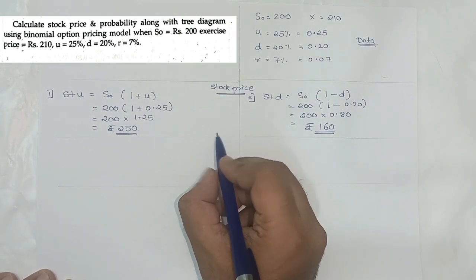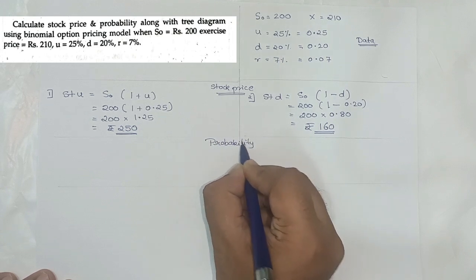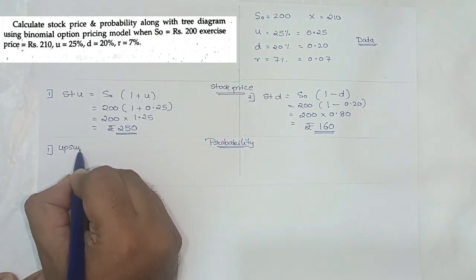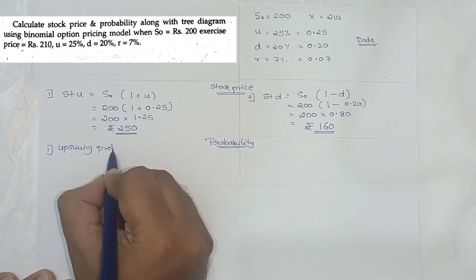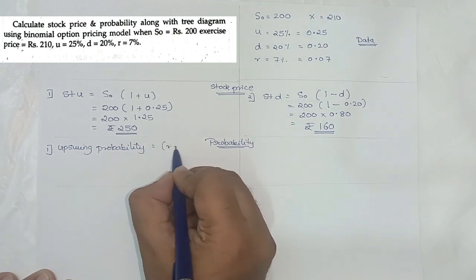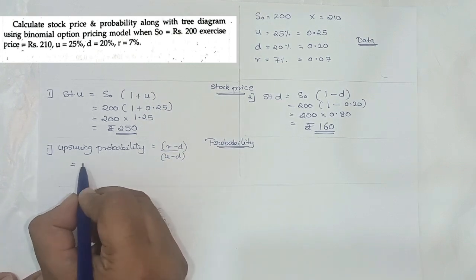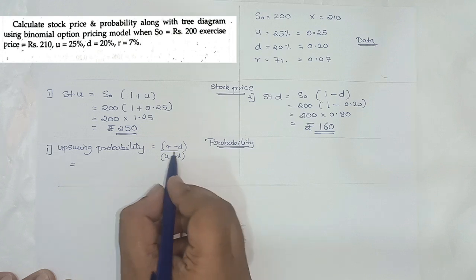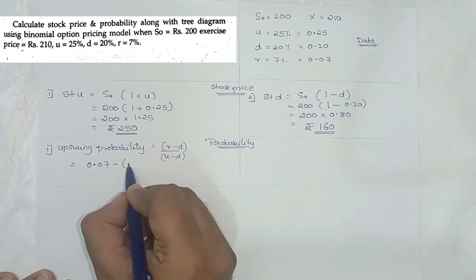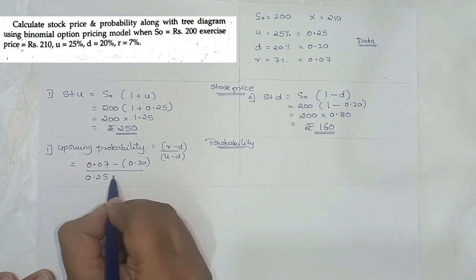Next, we need to now find the probabilities. Again, probability. First, we'll find upswing probability. So the upswing probability formula is R minus D upon U minus D. So I'm noting it here since there's space constraint. Now R is 0.07 minus D was 0.20 upon U is 0.25 minus